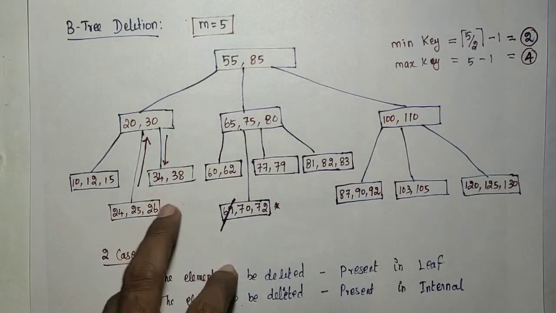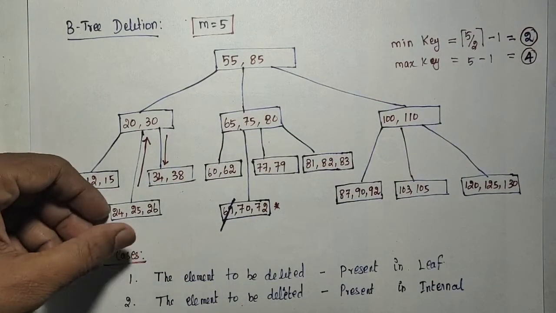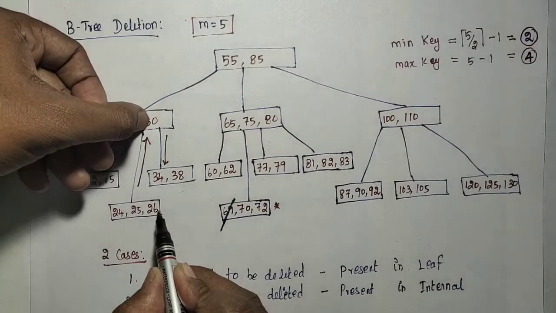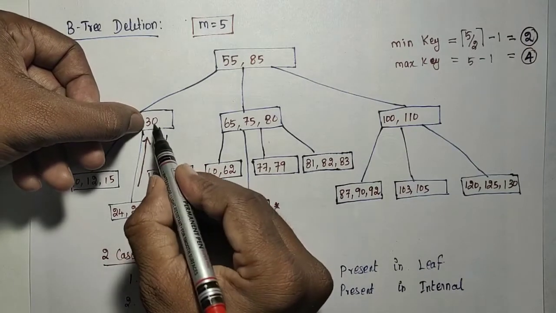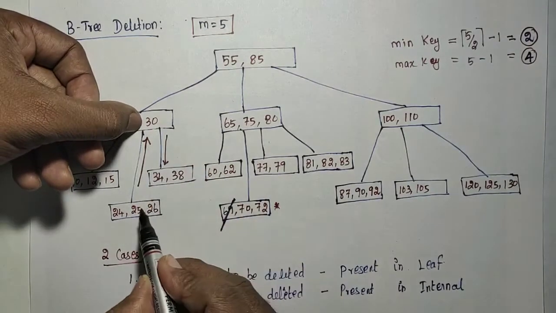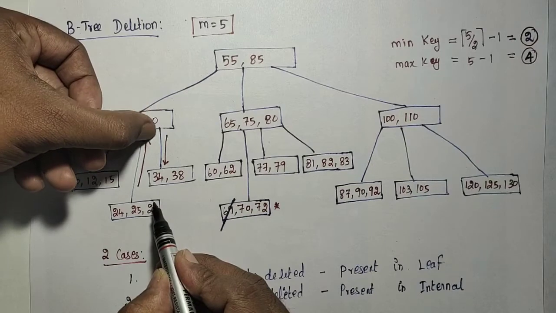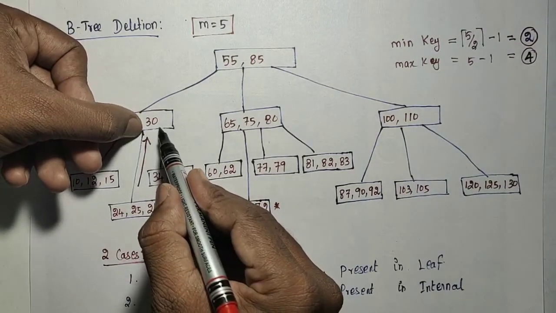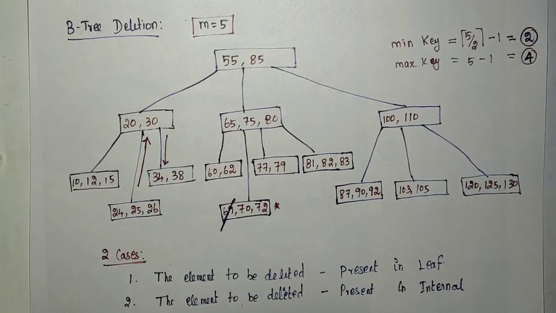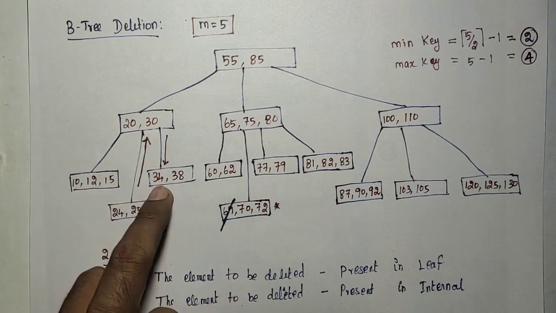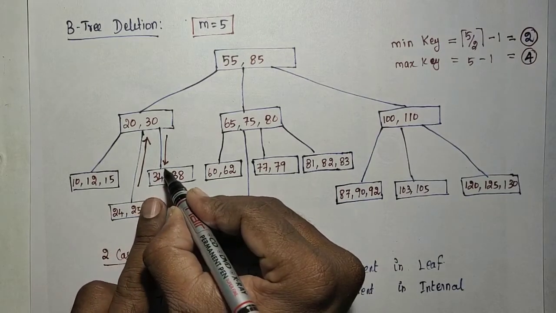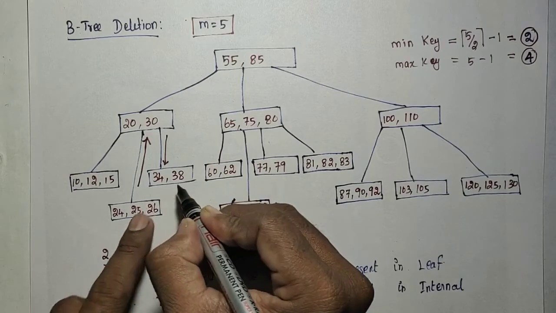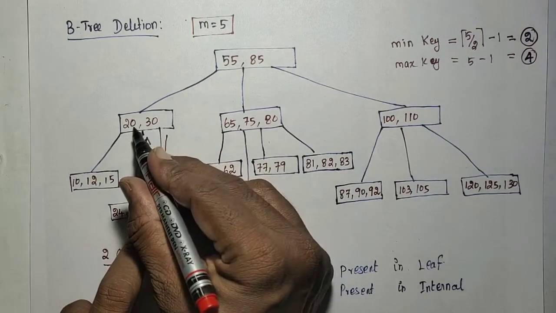And the parent node will go to the underflow node. So what will happen here? The largest number, 26, will be moved to the parent. The common parent for these two nodes is 30, because 30 left is this one, 30 right is this one. So the 30 will be moved down to this node. So 30 will be here. After deleting that 34, the node will become 30, 38.